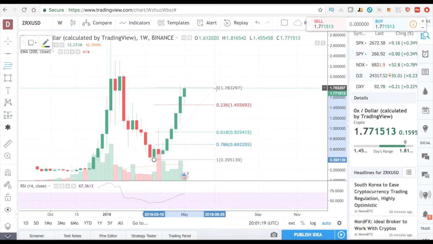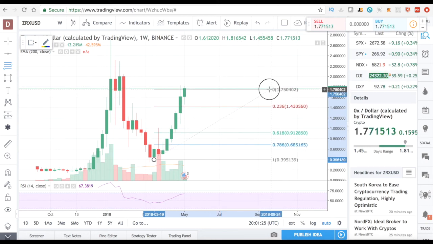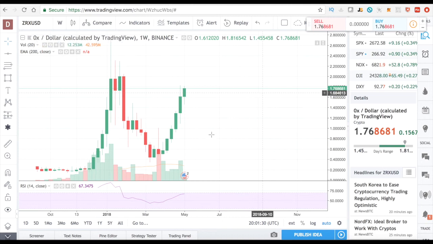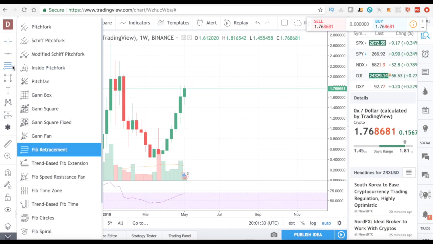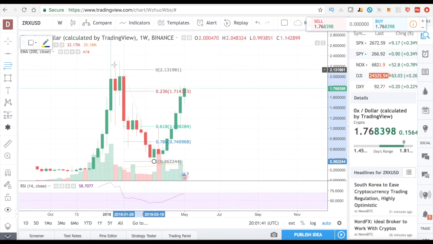So as you can see, I clicked on the Fibonacci, guys. I go right here, and this shows me some levels that could be support or resistance levels. Now, if I was actually doing this right, which I'm not, I would do it like this. You grab it from the lows, and then you go to the absolute highs. What you would do, guys, is you'd create the support and resistance levels with the horizontal lines, and then after that you play around with the Fibonacci just to see where the Fibonacci aligns with those horizontal